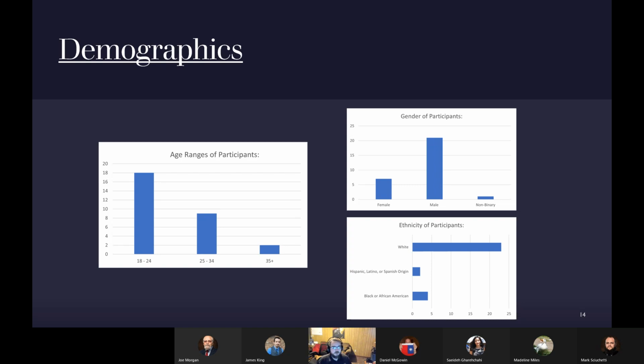We have a majority of the people being male, white, ages 18 to 24. Our other ages are 25 to 34 and 35 plus. We have fewer people of Hispanic or Latino or Spanish origin or Black or African American people, and a less diverse spread of ages and gender as well. And due to the area that this survey was released, I don't see that these results